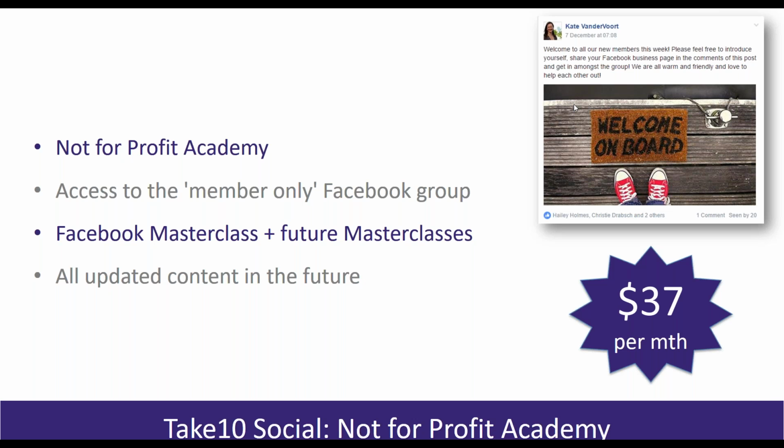It's going to be a real thriving community of not-for-profit professionals who really share and collaborate around social media, and I've kept the price really low so that it's affordable and accessible, so that you've got ongoing learning and support. And I really encourage any of you who really want to embed social media into your organisation and get all of those foundations and structures right. The social media bootcamp, which we're running with Connecting Up in a couple of months, is a perfect place to get all of those